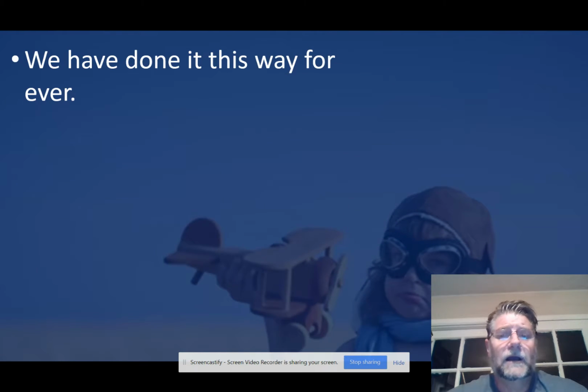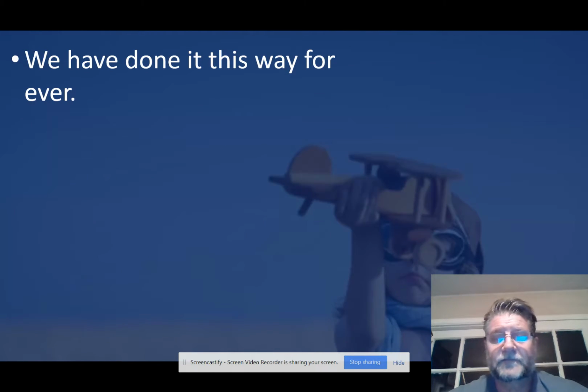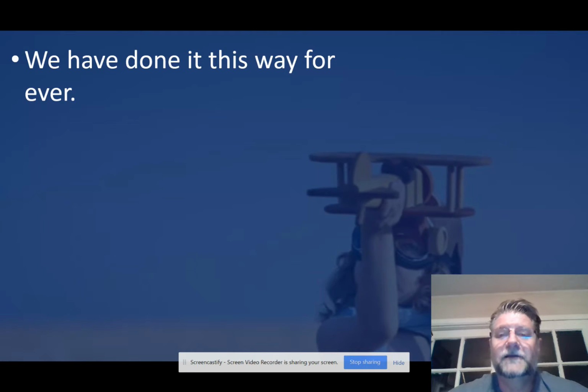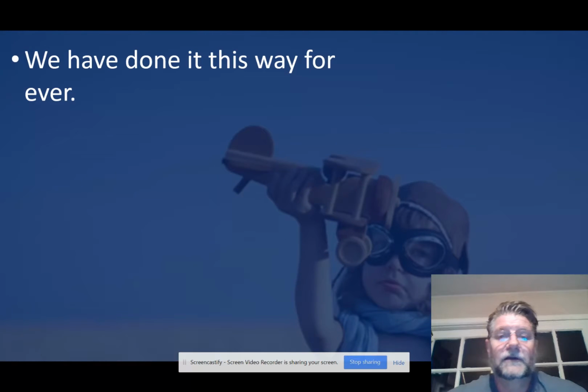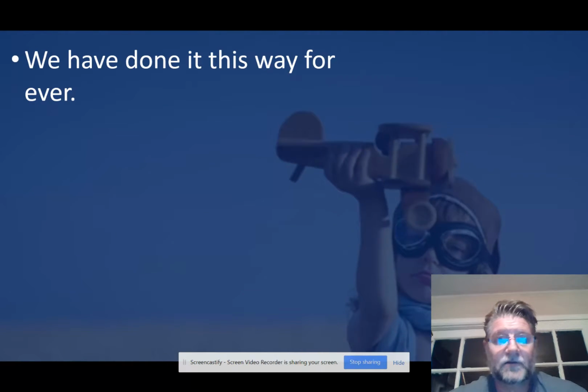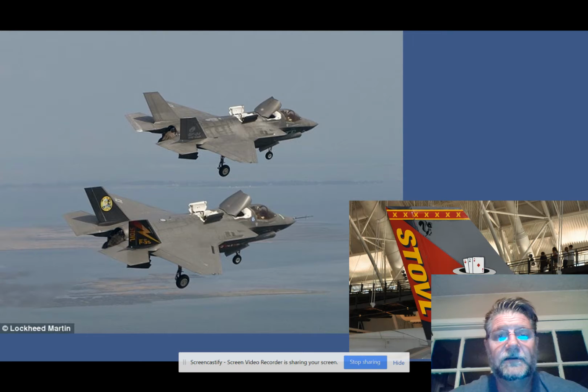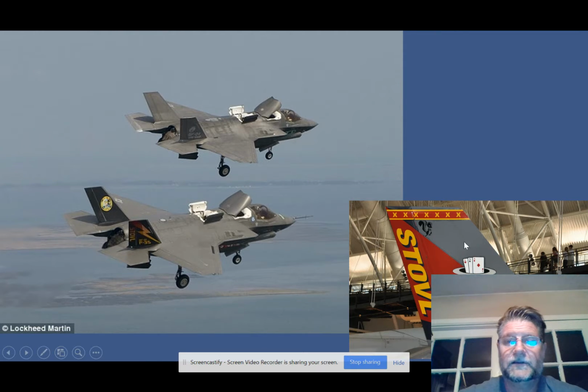Now, here's where we're going to talk about "we've done it this way forever." I brought up this airplane because I worked for Lockheed Martin Aeronautics for many years, with the Skunk Works. We had a competition for this aircraft. I don't know if you're familiar with it, but it's the F-35. It was called the JSF, Joint Strike Fighter, at that time, and we were steeped in a competition with Boeing. What was kind of neat is, over here, that's the Skunk. Skunk Works is where they built